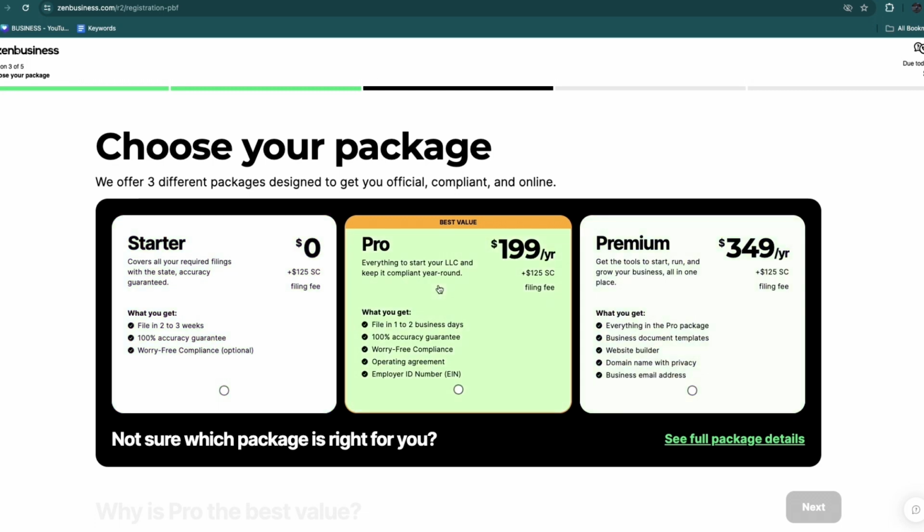Now a reason to upgrade to either Pro or Premium, which are $199 per year and $349 per year respectively, is that you will get, for example, faster filing. In the Pro one you get 1 to 2 business days. Then you also get the operating agreement, which you do need, and an employer ID number, which you also need. However, you can also go out and get this yourself, but that will take you quite a lot of time, and if you really want to make sure it's done correctly, then personally I would do it through Zenbusiness, since